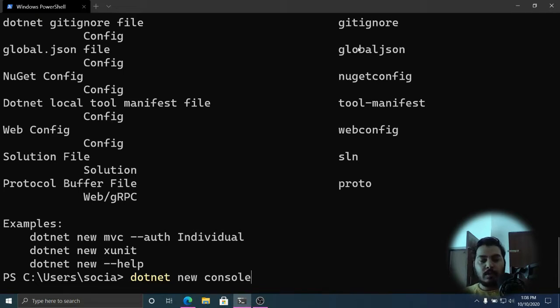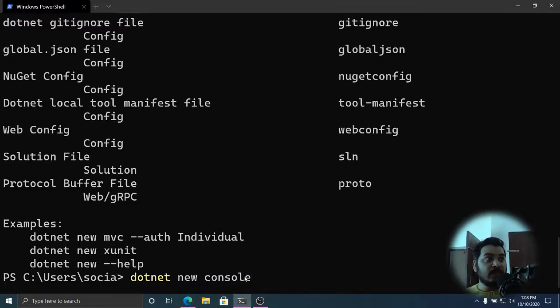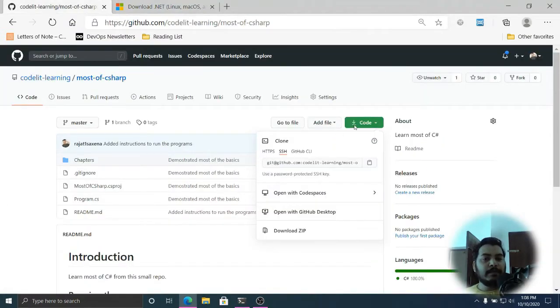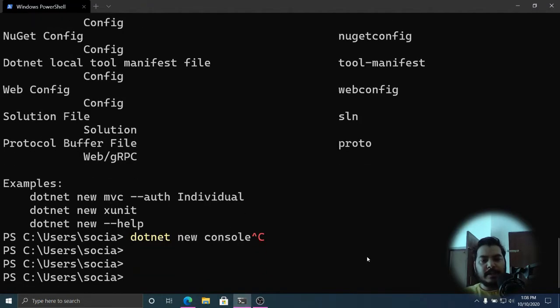Okay, so I have already done this part for you and I have already uploaded whatever the outcome was after writing my code. Here on GitHub you can simply download it. Let me demonstrate it.